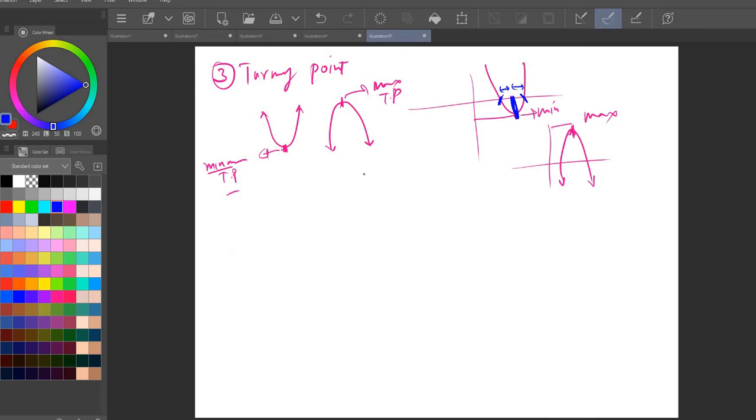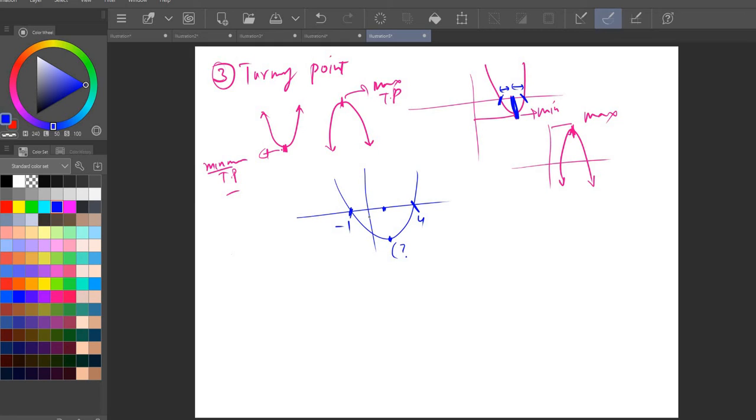So if I know my x-intercepts and I find their mean value, I can get the x coordinate of the turning point. So what does that mean? Let us say I have a graph and my x-intercepts, let's say this was -1 and this is 4. That's my turning point here. I need to know the x value of this turning point,